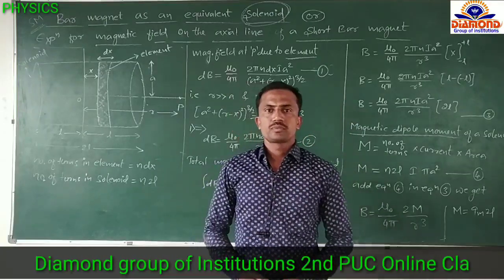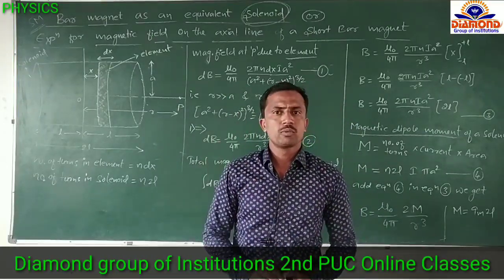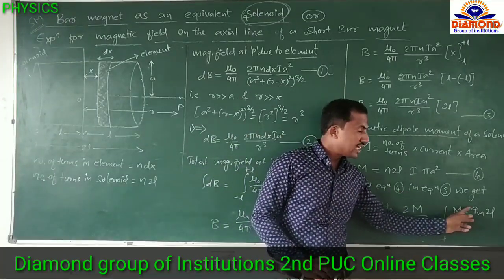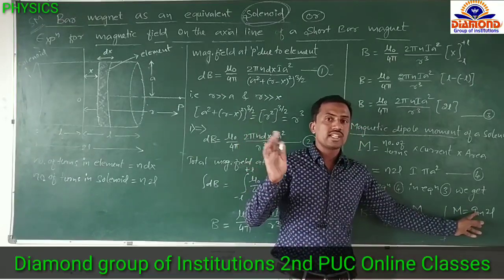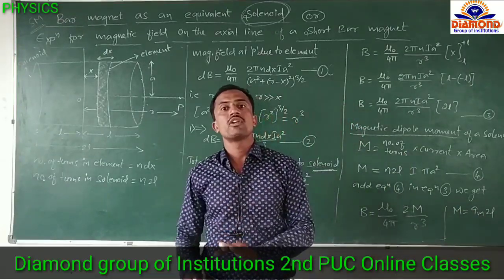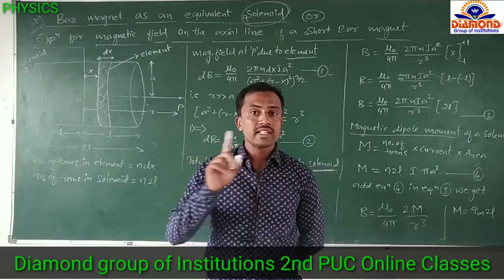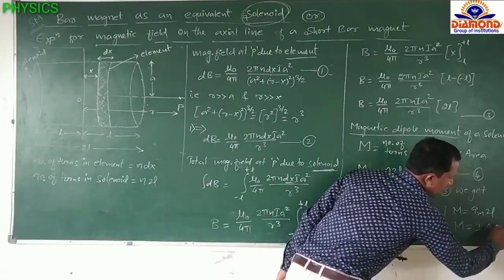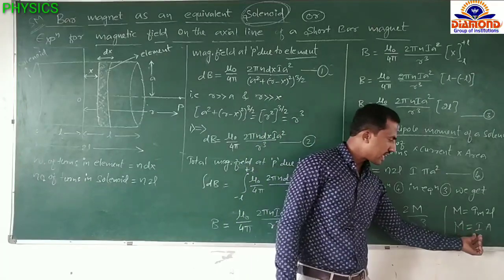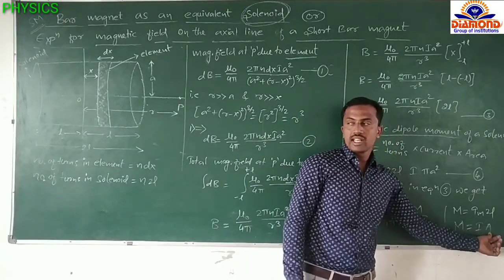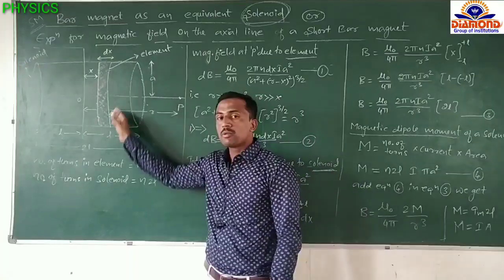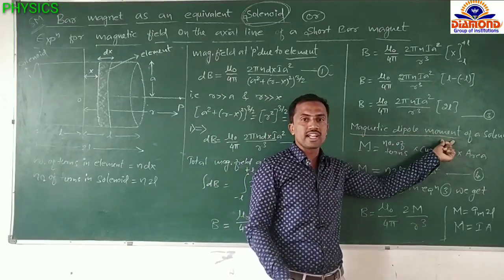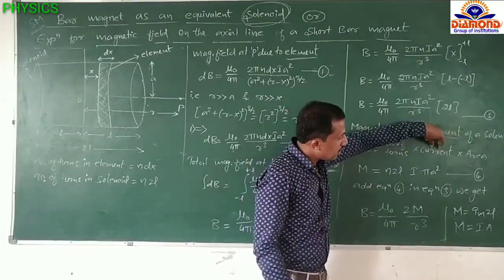Don't confuse: फोर्थ चैप्टर में एक मैग्नेटिक डाइपोल मोमेंट है और फिफ्थ चैप्टर में एक मैग्नेटिक डाइपोल मोमेंट. This is the magnetic dipole moment. In the fourth chapter, same definition, magnetic dipole moment of a current loop, and that equation is m is equal to I into A. I is current, A is area. This is the derivation: magnetic dipole moment of a current loop. That's why we are using the magnetic dipole moment of a current loop for the solenoid, the product of current and area.